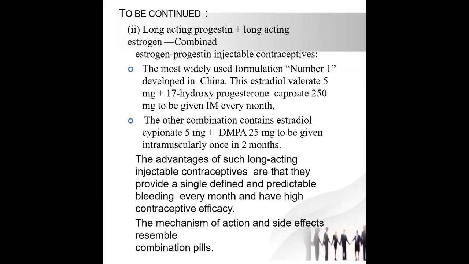The other combination contains estradiol cypionate 5 milligrams plus depot medroxyprogesterone acetate 25 milligrams, to be given intramuscularly once in 2 months. The advantages of such long-acting injectable contraceptives are that they provide a single defined and predictable bleeding every month and have high contraceptive efficacy. The mechanism of action and side effects are similar to those of the combined oral contraceptive